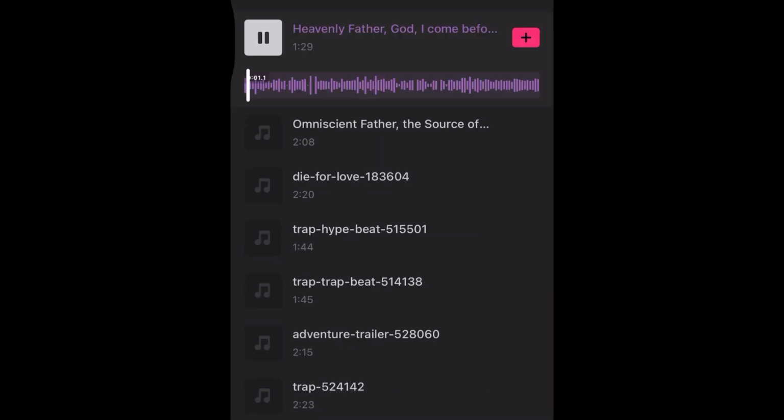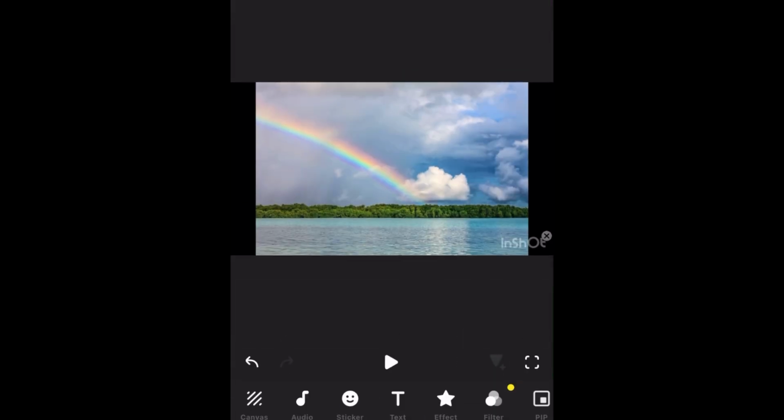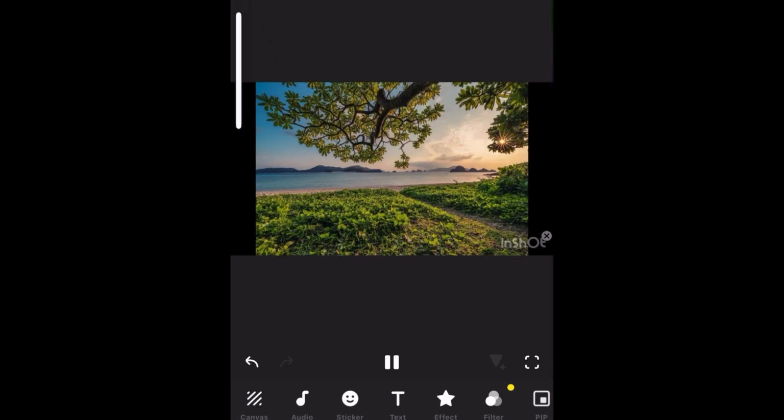Heavenly Father, God of all So this wisdom is and it. perfect counsel, I come before you today with a heart that is hungry for divine direction. Lord, I acknowledge that without you, my best plans. So you add it here, so we can play it. Heavenly Father, God of all wisdom and perfect counsel, I come before you today with a heart that is hungry for divine direction. Lord, I acknowledge that without you, my best plans are nothing more than empty So you can